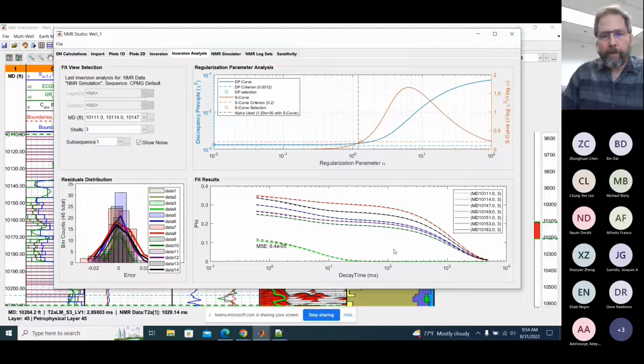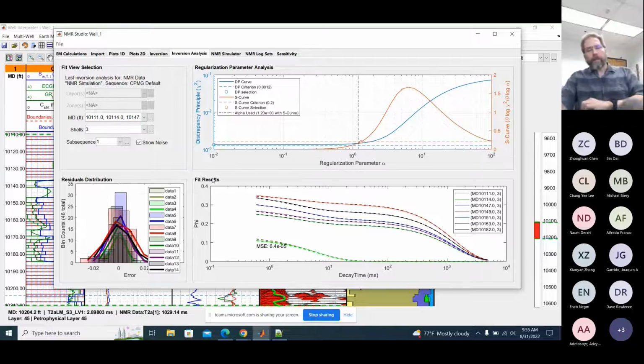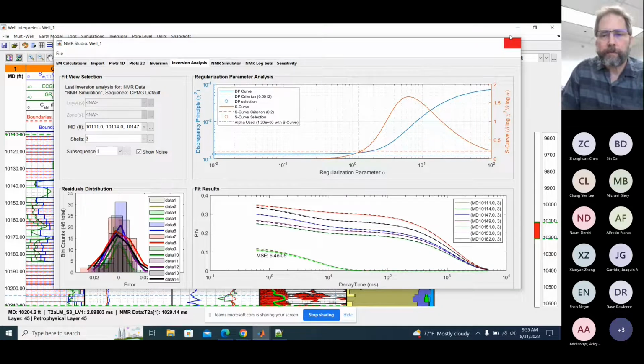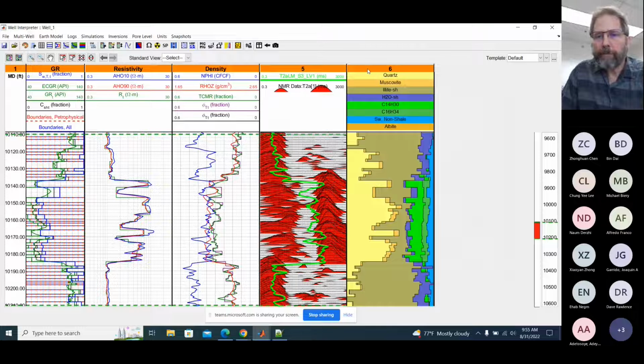effort. So what you can see here then is how well the inverted, it calculates the decay curves from the inverted curves, and you can see how well they fit. A lot of times you'll see in some cases they'll start to get a little bit off, especially in the lower time decay regions. But this one, it looks like we have a good fit. And so then we can plot this and see what it looks like compared to our imported one. So we'll make a new